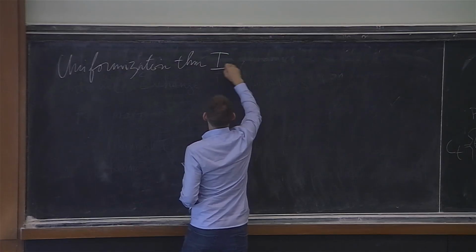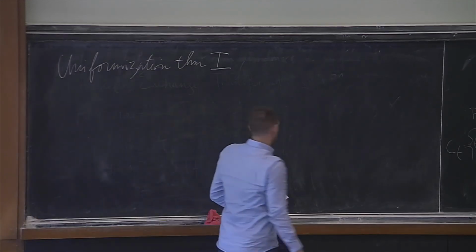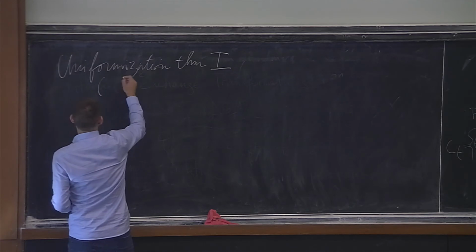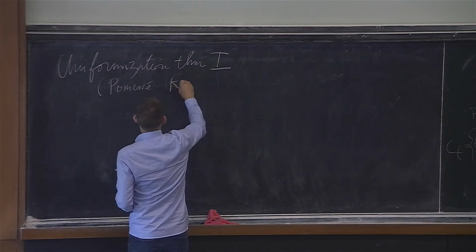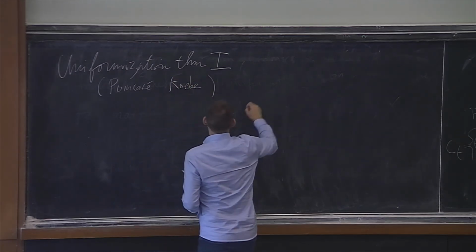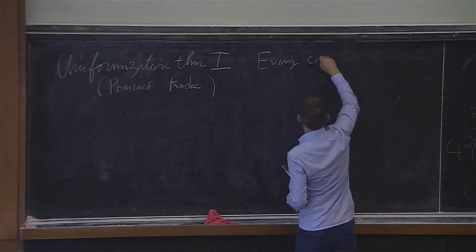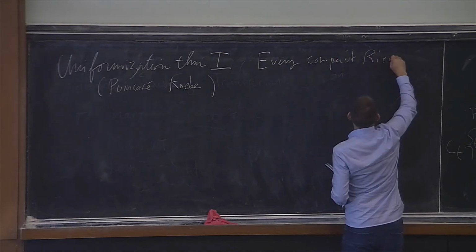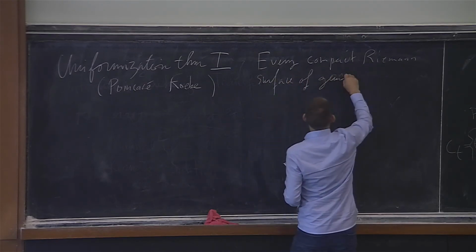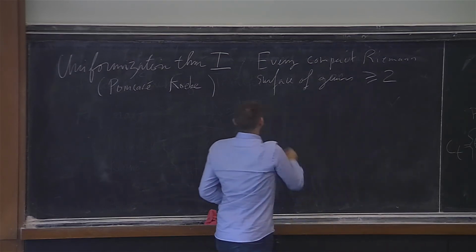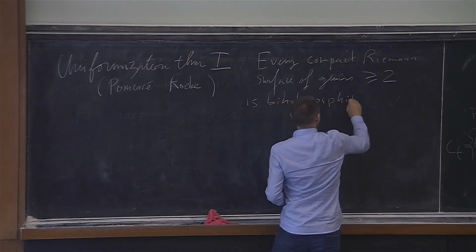And let me just put one, because we are going to use tomorrow another one which is more useful for our goal. So this one is due to Poincaré and Koebe. So this is that every compact Riemann surface of genus at least 2 is biholomorphic to a quotient of the unit disk by a lattice in its homomorphism